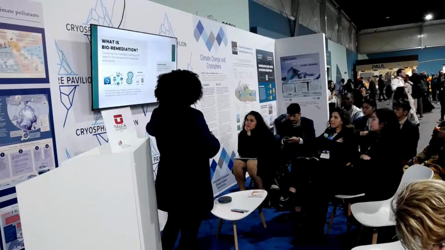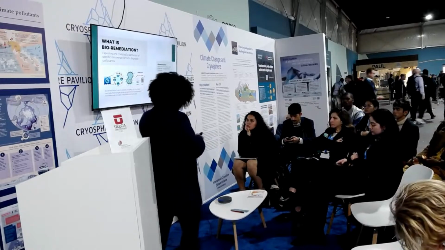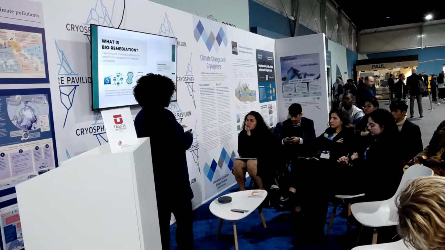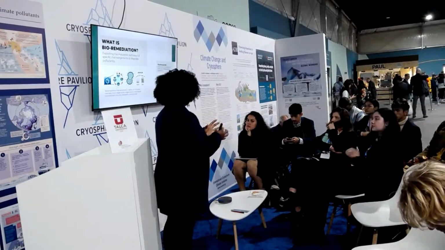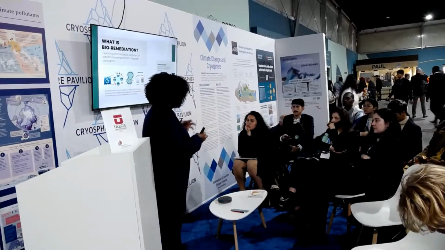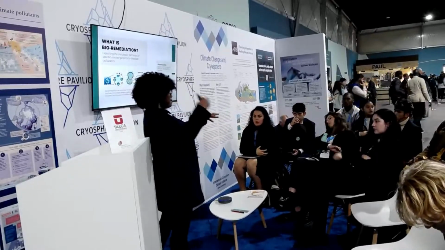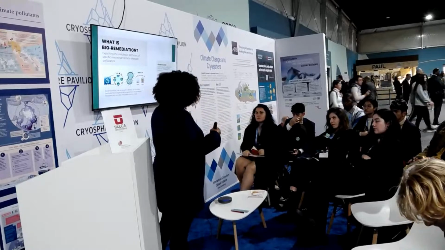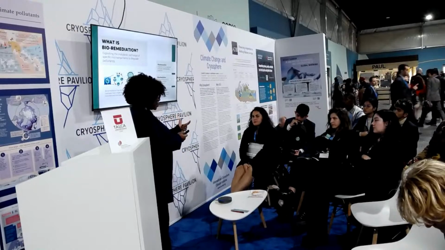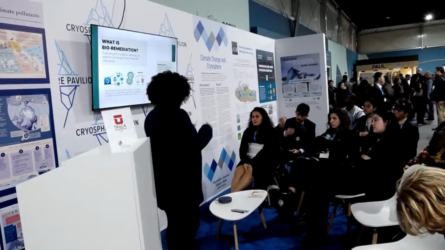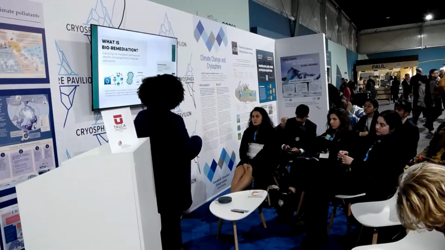And so far, bioremediation has three methodologies which can be used to apply this kind of technology. The first is bioattenuation, which is only the natural process that happens in a specific environment. Biostimulation, which is modifying the conditions of the specific environment to promote the growth of the microbes that have the capability to degrade these compounds. And the one that we're going to apply is bioaugmentation, because we want to take advantage of the microorganisms that naturally occur in this ecosystem and find the better combination to degrade this specific antibiotic.